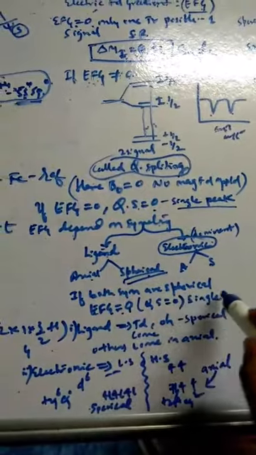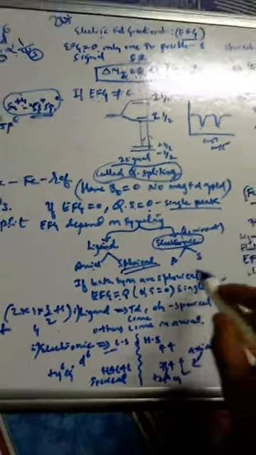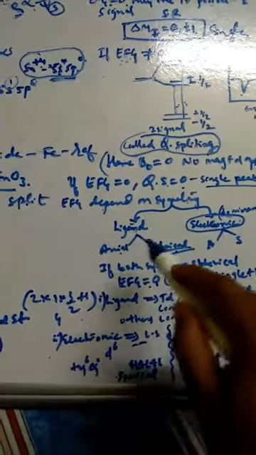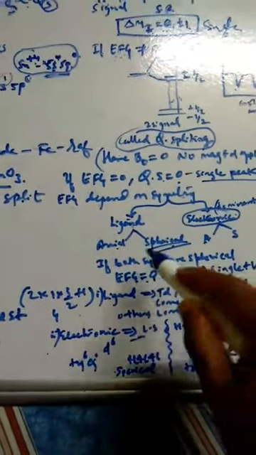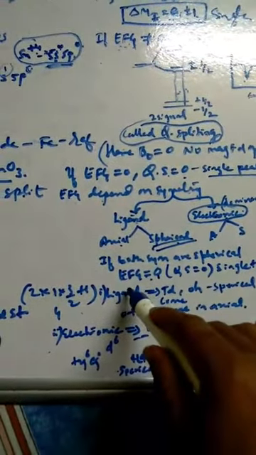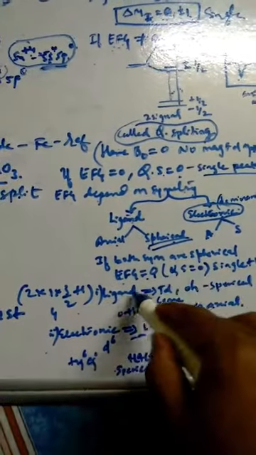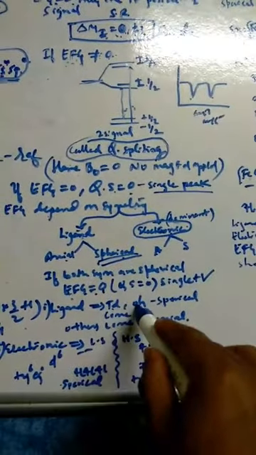Okay, and then what do we get? We get the single peak. So in that we will understand one by one. Ligand symmetry: what does it mean? If the ligand in the complex we are using gives a perfect tetrahedral or octahedral structure, then it